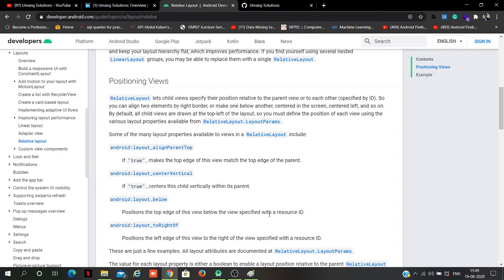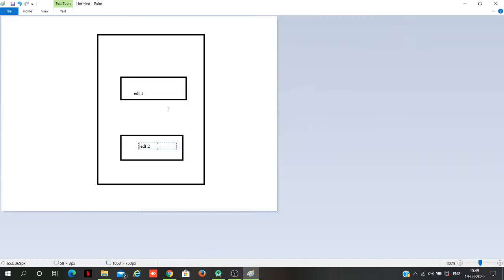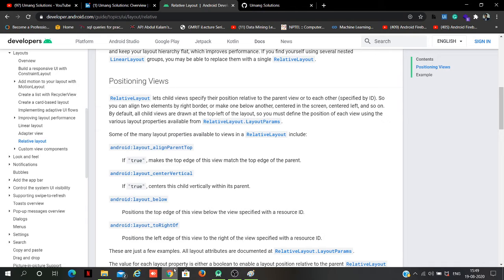So it will align the top edge of the view for which I have given layout below, to below the anchor ID. Coming to our scenario, the anchor is edit text 1, so my edit text 2 will be aligned below edit text 1. This is what is meant by layout below.